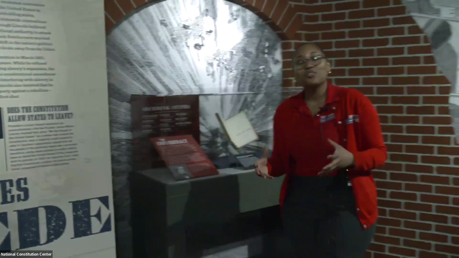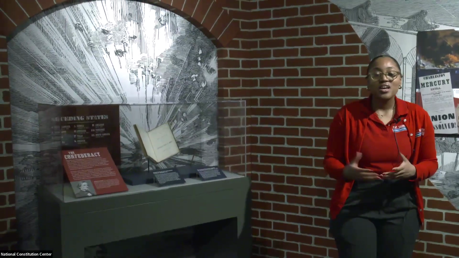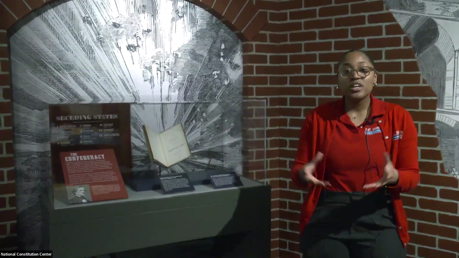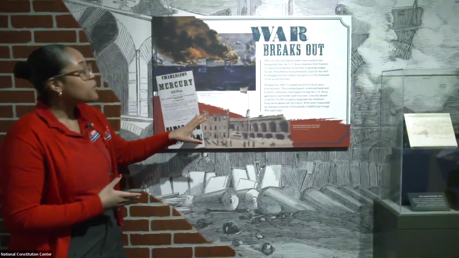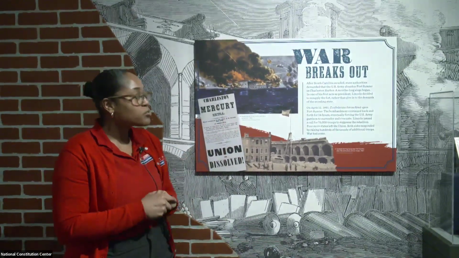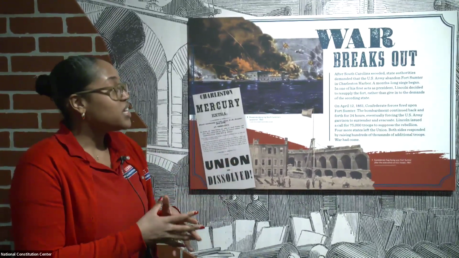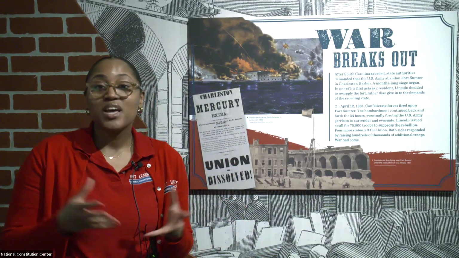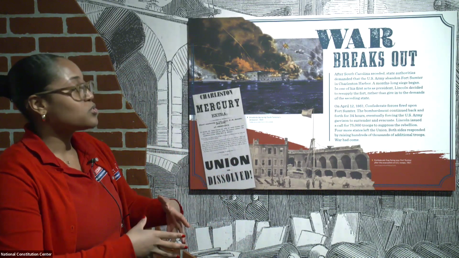And so as a result of that, and because they, of course, felt threatened, what the newly formed Confederacy decided to do was they decided to fire upon Fort Sumter on April 12th, 1861. So that basically sparked the Civil War, right? So it was in Charleston, South Carolina, and that gets into, of course, what the Civil War was about and what Abraham Lincoln decided to do as a result of this attack.